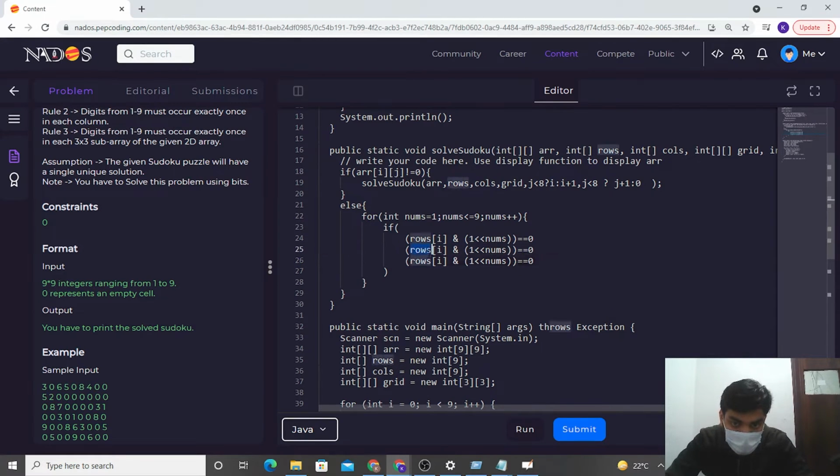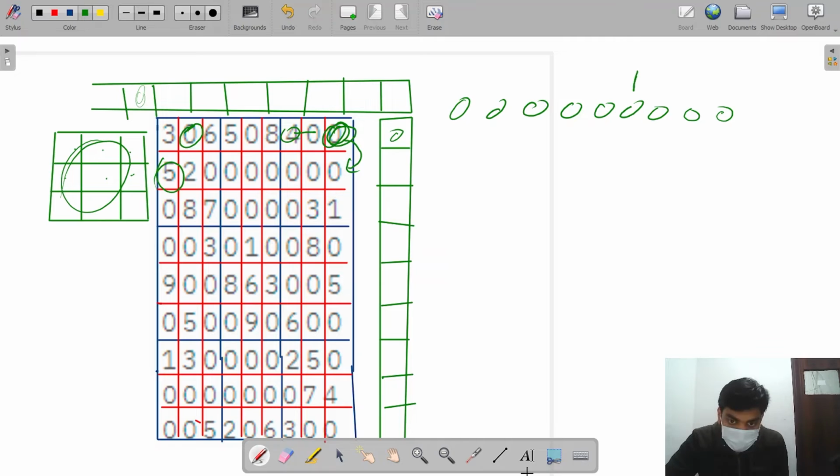So for cols j and for grid ij, but not exactly ij. Let me tell you why. See, when I am here, this grid is not for this particular.